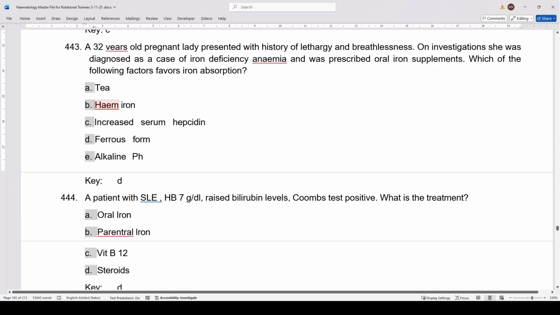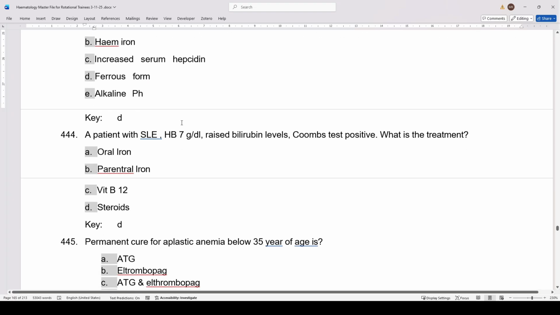Okay, so which of the following factors favor iron absorption? It is here: ferrous form of iron is readily absorbed. But in case of heme and non-heme iron also, heme iron is better for absorption, not the non-heme iron. Okay, and the other option is the opposite of that. Phytates and alkaline pH reduce the absorption of iron, and acidic pH and ferrous form of iron are readily absorbed. And next is